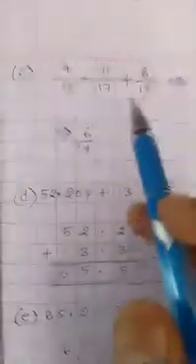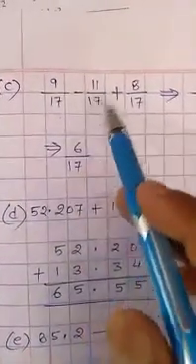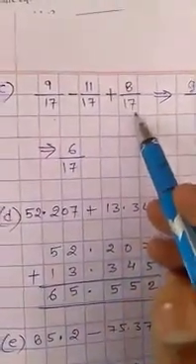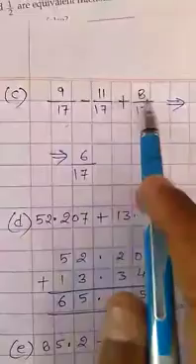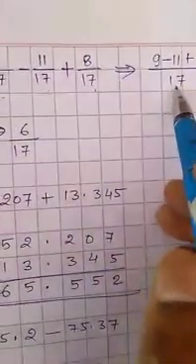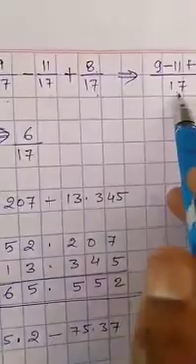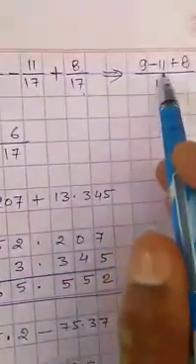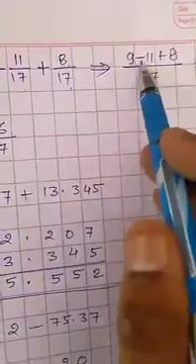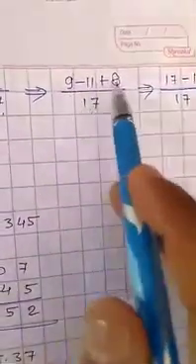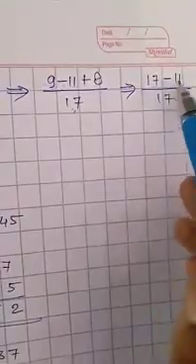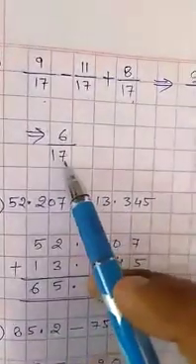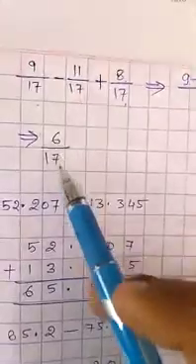Now question C: 9 upon 17 minus 11 upon 17 plus 8 upon 17. यहाँ स्टूडेंट्स हम देख रहे हैं यहाँ भी डिनोमिनेटर सब में सेम है, तो बस हम ऊपर माइनस और प्लस करेंगे न्यूमरेटर का. तो हम 17 को ऐसे ही लिखेंगे बिकॉज डिनोमिनेटर सेम है. देन 9 माइनस 11 प्लस 8. यहाँ हम देख रहे हैं माइनस भी और प्लस भी है. सबसे पहले हम प्लस प्लस वालों को करेंगे, तो प्लस यहाँ 9 भी है और 8 भी है, तो 9 और 8 17 माइनस 11 अपॉन 17. 17 में से 11 को माइनस करेंगे, it will be 6 upon 17. The answer will be 6 upon 17.